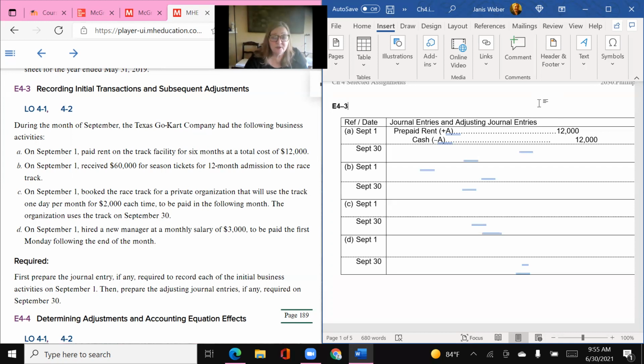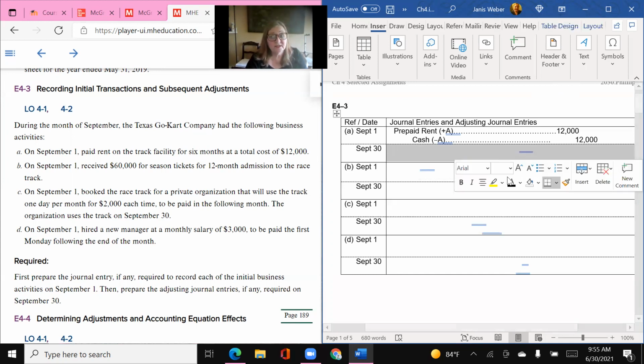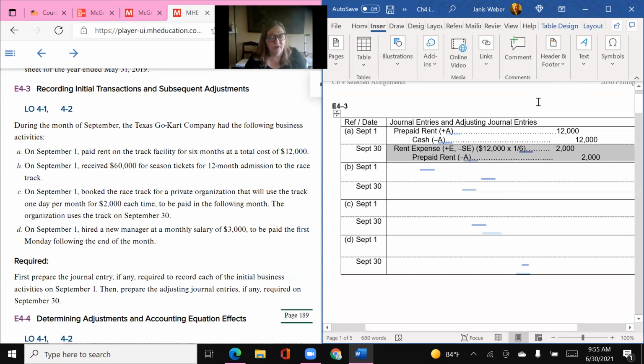Then at the end of the month, on September 30th, when it's time to do the financial statements, you're going to shift some of this cost over to rent expense from prepaid rent. The way you can tell how much is you look back and say, how much was that $12,000 paid for? Well, that was paying for 6 months. This is 1 month because it's September 1st to September 30th. So 1/6 of $12,000 is not prepaid anymore. It's actually an expense for the month of September. So we're going to debit rent expense for $2,000, which is 1/6 of the total, and we're going to credit